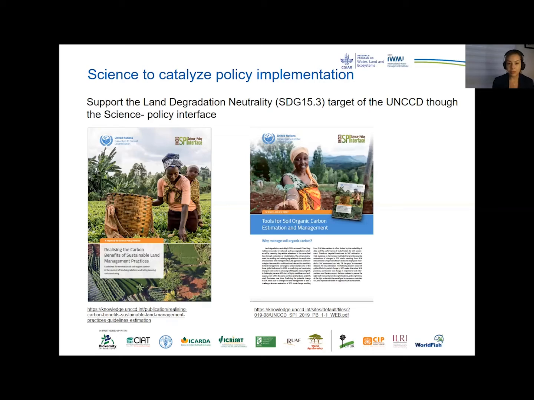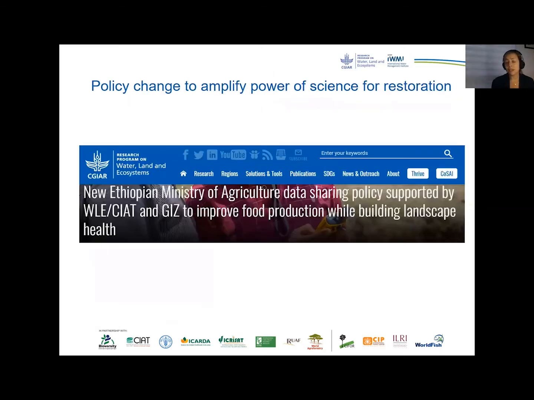across different countries. And to finalize, this interface between science and policies has to be in two ways. It's not only that science informs policy implementation, but also we need policy change to amplify the power of science. So here we bring this example in Ethiopia, where soil degradation and uncertain climate conditions are really threatening smallholders and poor farmers across the country. This means that Ethiopia, a society that is agriculture based, is struggling to produce food for a quickly growing population.